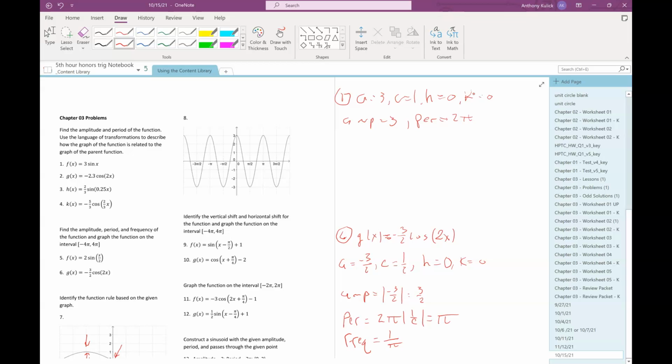And then the language of transformations, there's only one thing happening because the A is 3. That's the only thing that's changed. Since the A is positive, we don't have a reflection, so I don't have to worry about that. But since the absolute value of A is greater than 1, I do have a vertical stretch. So that's the only thing that I would write. If I was numbering it like 1 through 6 or whatever,